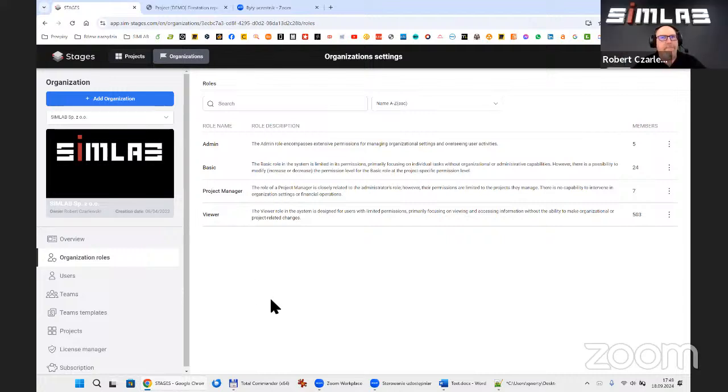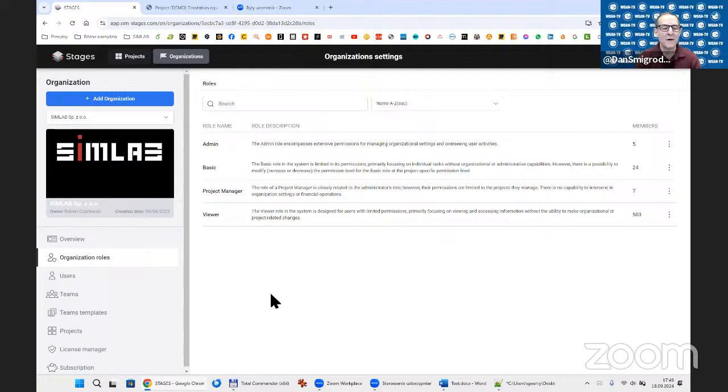And so then how would basic compare to viewer? Basic can do some things in the project, but the level of the permissions in the basic role can be changed. So for example, in the default setup, basic can create a node, can change the status of his node. He can delete his own node, but he cannot change anything in the nodes of the rest of the users.